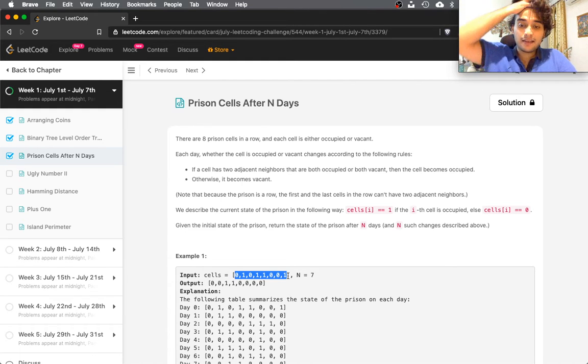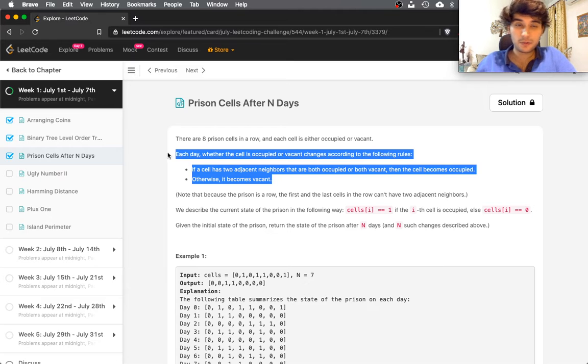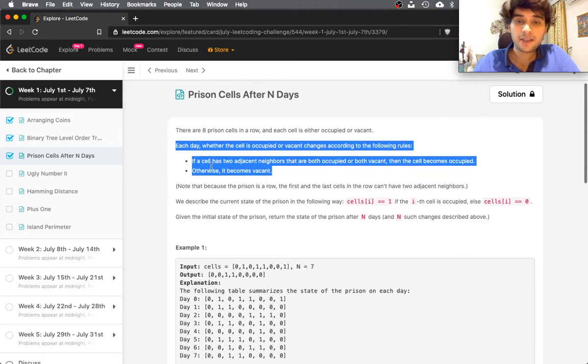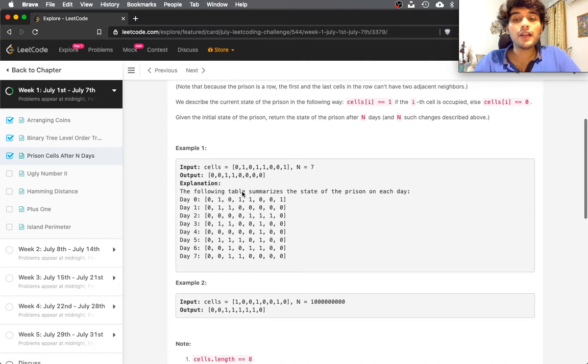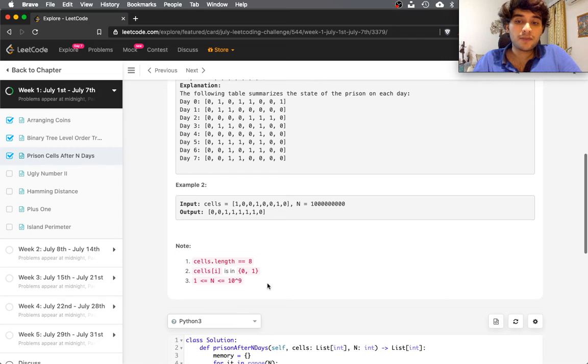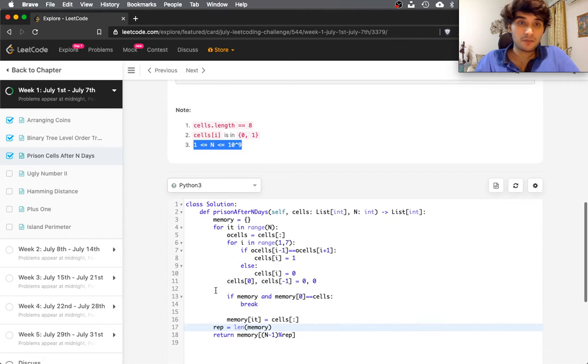Python syntax. And what happens is that there is a simple rule, and after each day, if there's any prison cell, if the adjacent prison cells are either both occupied or both vacant, then it becomes occupied, otherwise it becomes vacant. So that's what is written over here, and this is the most important bit. Now, we have to tell the state of all the prisons after n days, and there are only 8 prisons, and that's the constant. Now, in our first attempt, so there are 10 to the power 9 days it can